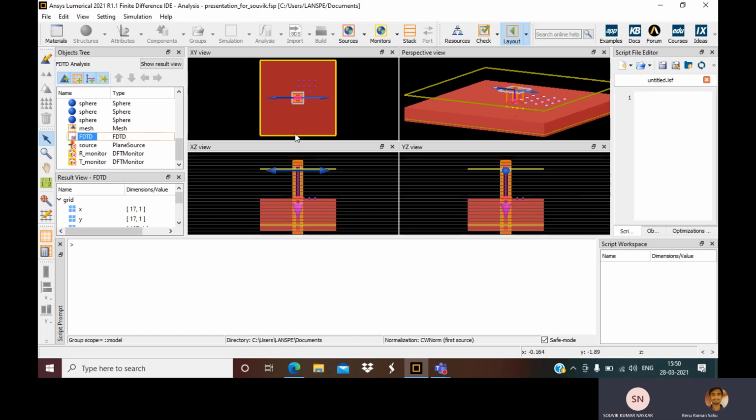You remember the boundary condition? Yes. XY was periodic, but on Z it was PML. So what will happen? Energy will get absorbed, and when the energy gets absorbed, it will reduce. When there is no energy, what is there to simulate?